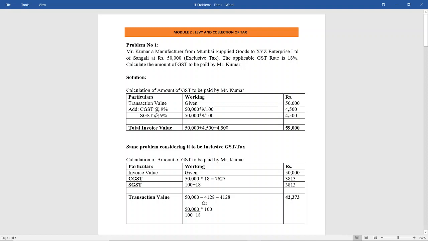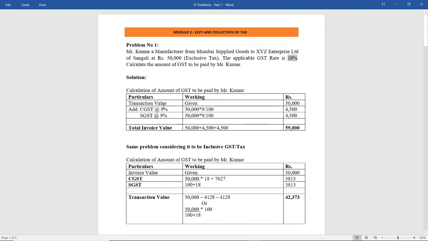So since it is exclusive tax, calculation of amount of GST to be paid by Mr. Kumar. Here in our problem, Mr. Kumar is the supplier. Transaction value is already given, 50,000. Now you have to see, Kumar is from Mumbai and the purchaser is from Sangli. Now Mumbai and Sangli both belong to the same state, Maharashtra, and we have already seen in our concepts that if the sale is taking place within the same state, then you charge CGST and SGST. Now what is the rate? 18%. Now 18% under CGST and SGST,